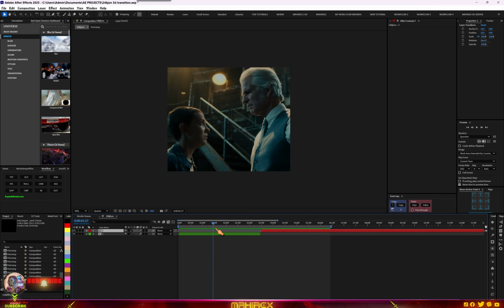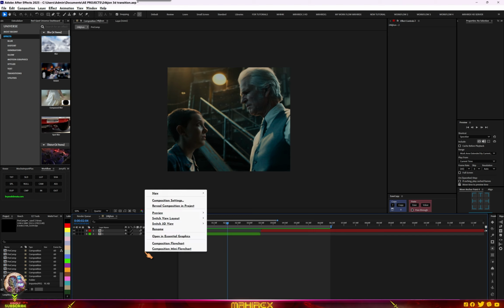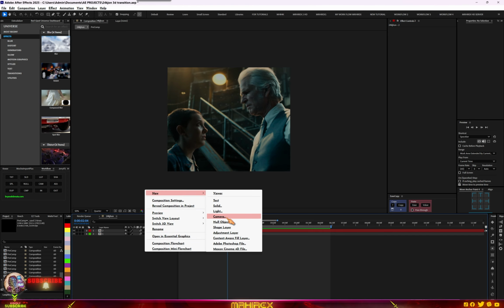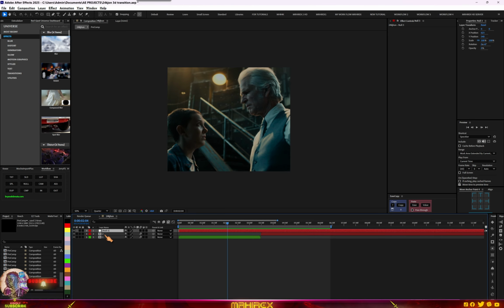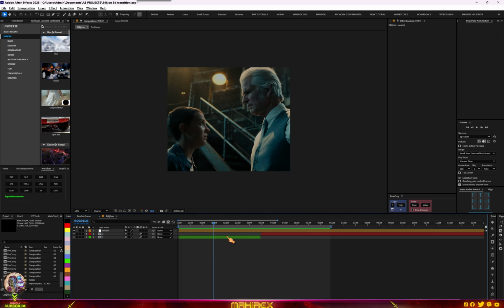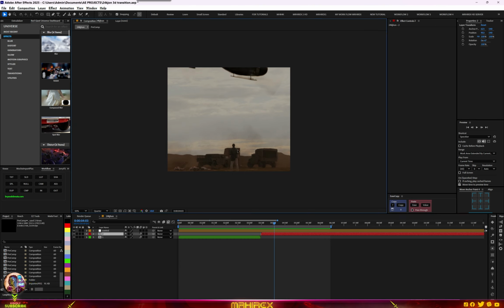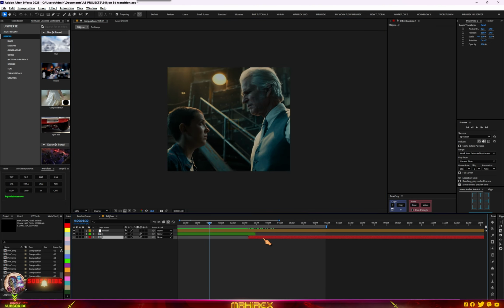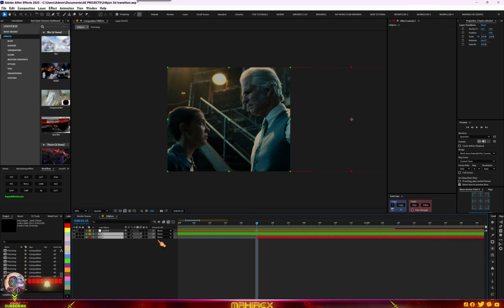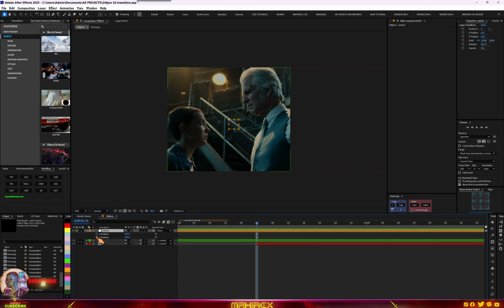So okay guys, right now I'm in After Effects and I have these two clips here. You go to new, create a new null object, align your clips. This is my first clip and this is the second. I'll align my second clip here, so just from here, move your second clip. Now select both clips and parent them to the null. So you parent this to your null, and you go to your null, hit P for position, make a